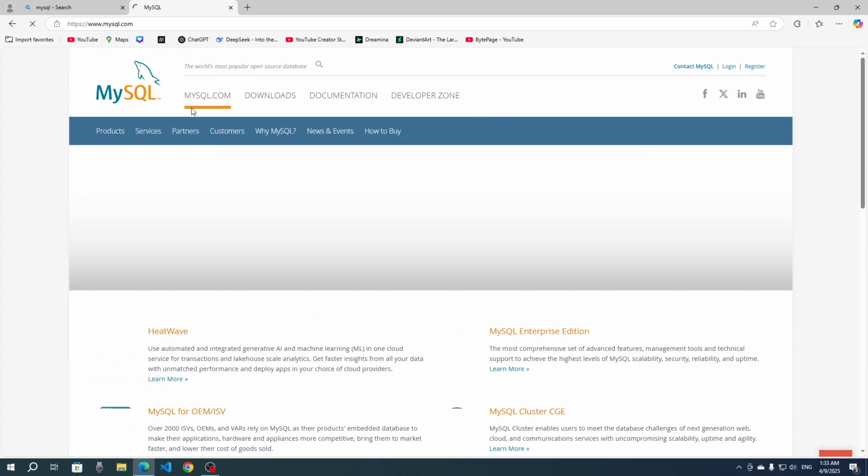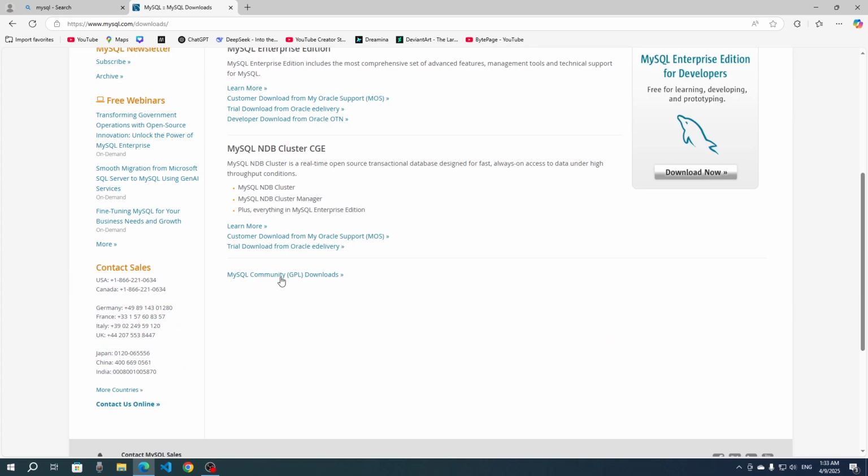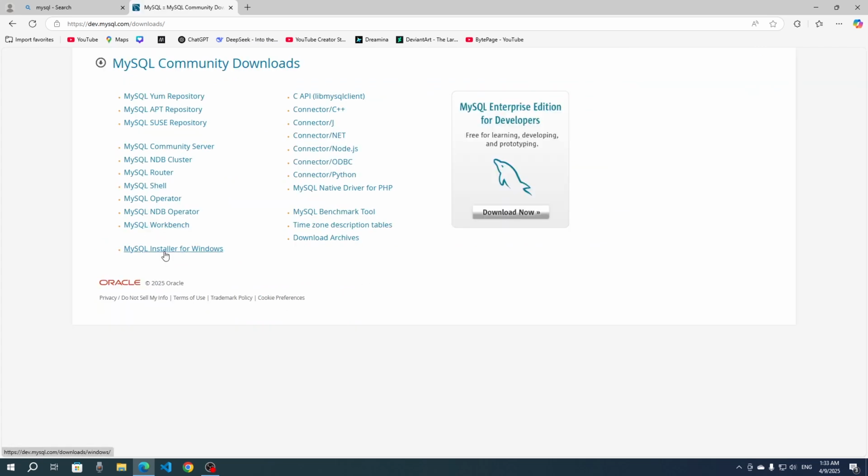Maybe you can come to this page, then you just have to go to the downloads page. Then go down a little bit, and here you can see MySQL Community Downloads. Click here, and here you can see MySQL Installer for Windows, right? You just have to click here,